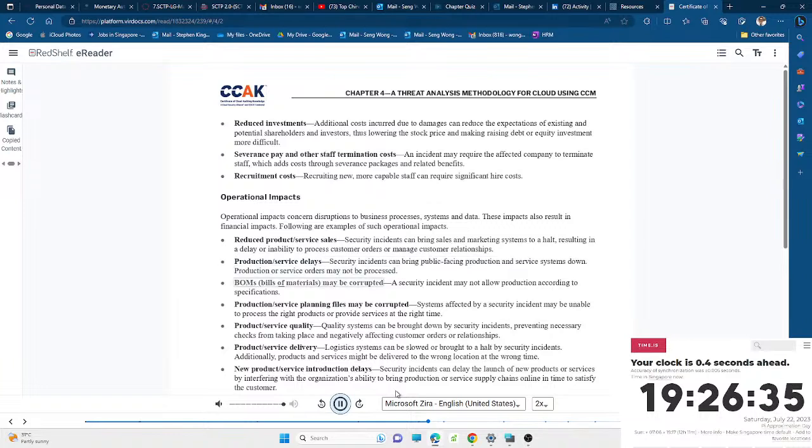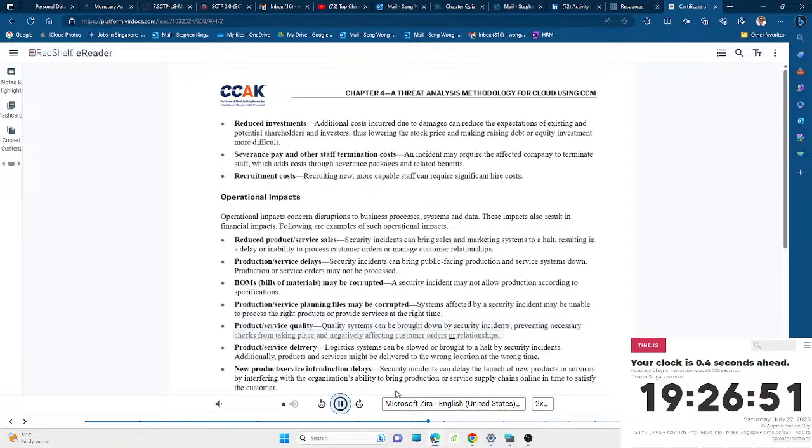BOMs, bills of materials, may be corrupted. A security incident may not allow production according to specifications. Production/service planning files may be corrupted. Systems affected by a security incident may be unable to process the right products or provide services at the right time. Product/service quality systems can be brought down by security incidents, preventing necessary checks from taking place and negatively affecting